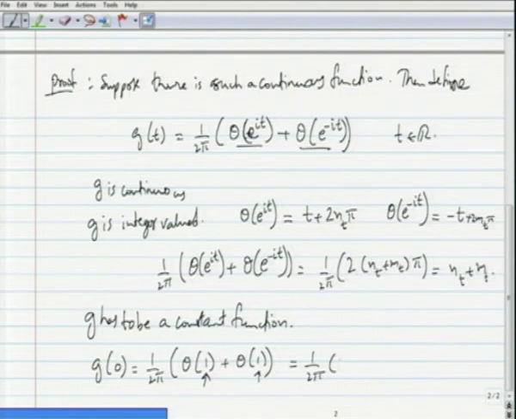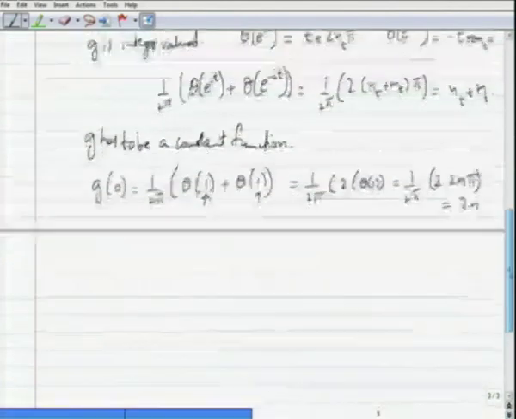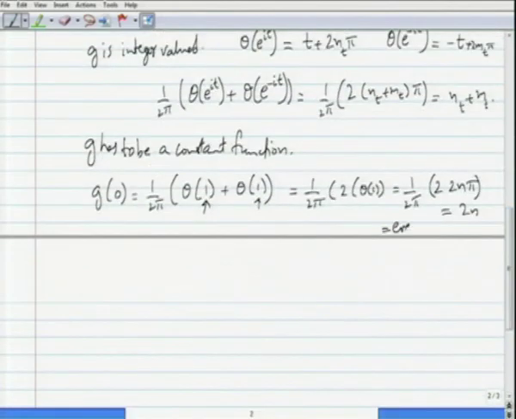So, that has to be 2 times theta of 1. So, this is 1 by 2 pi times an argument for 1, which has to look like 2 n pi. So, this is going to be 2 n, which is an even integer,